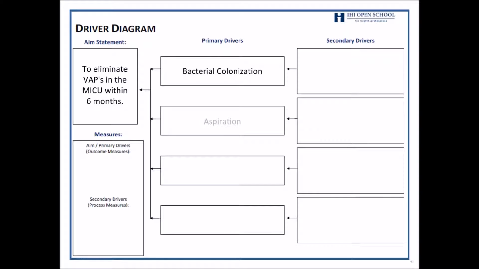So the 2 things that go into having a ventilator-associated pneumonia: you have to have bacterial colonization, and then that bacteria has to be aspirated. But those are really hard, nebulous things to measure. So then we came up with secondary drivers, or concrete factors that could be influenced that would then feed into